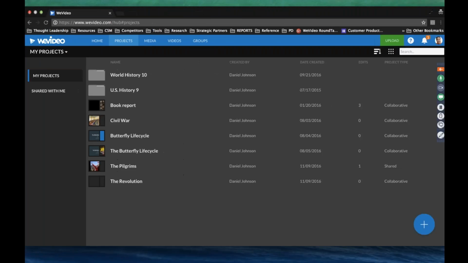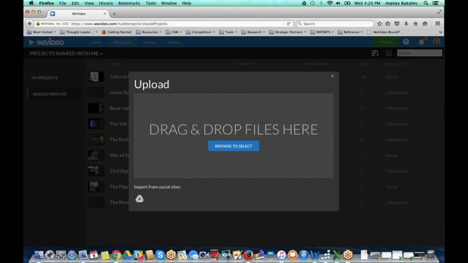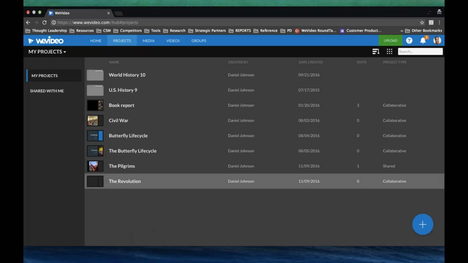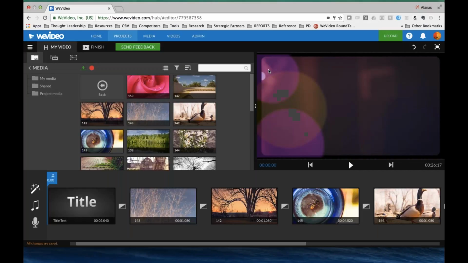So if we go to the student view, you'll notice that if I click on the same button, the student only has Google Drive, because this set of permissions is controlled by the administrators of the account. So if Facebook is not allowed in the district, then it's not going to appear in the student view, but it will appear in the teacher and administrator view. So again, you're kind of managing that set of permissions here.